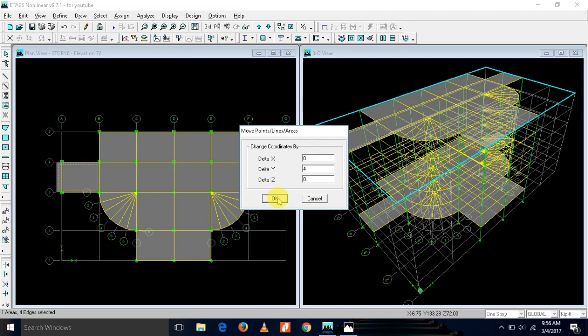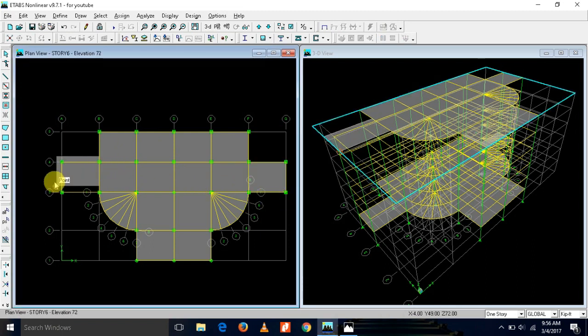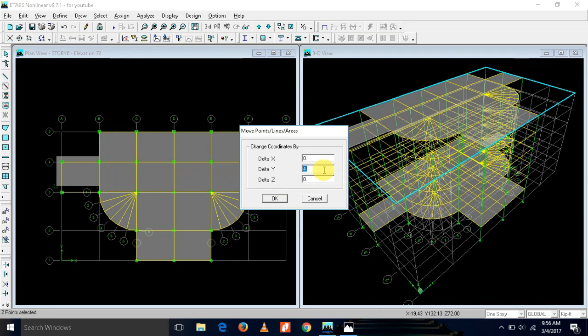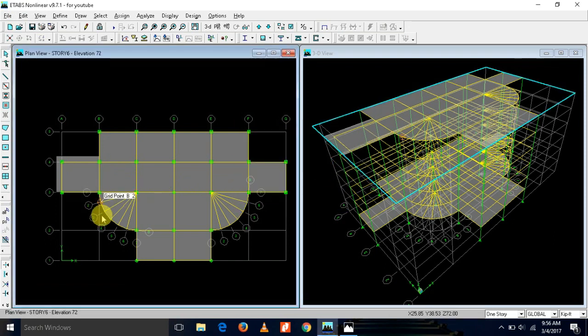Similarly, select the exterior edges, edit, move and -4 in the downward direction. Now as you can see, you got a shed here, but now there is a mistake. You will not be able to select this edge. The column will be selected instead of the edge. So what you have to do is just undo,